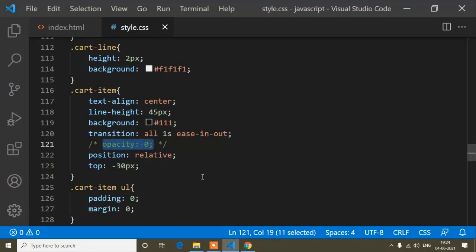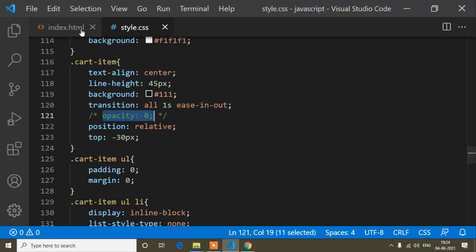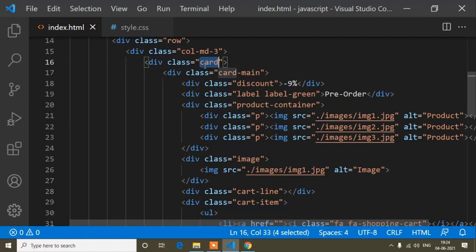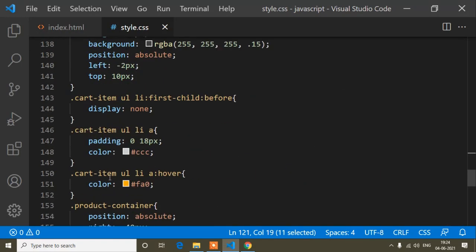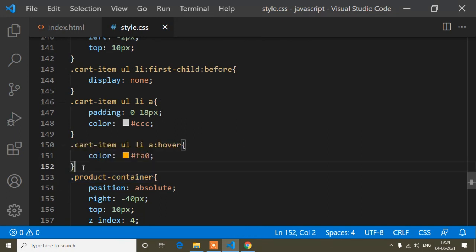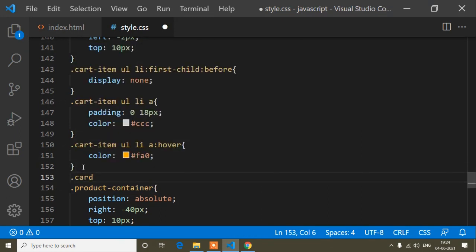And now when I hover on this card, I will copy this card and here I will write hover.